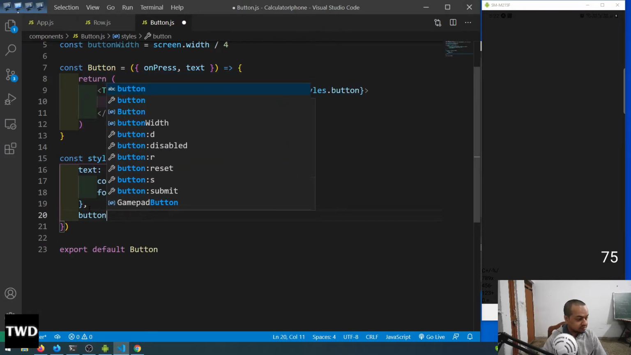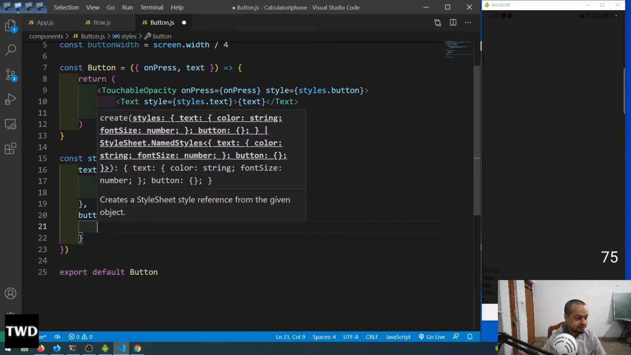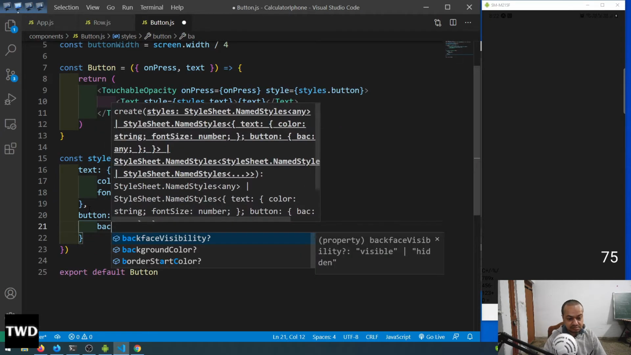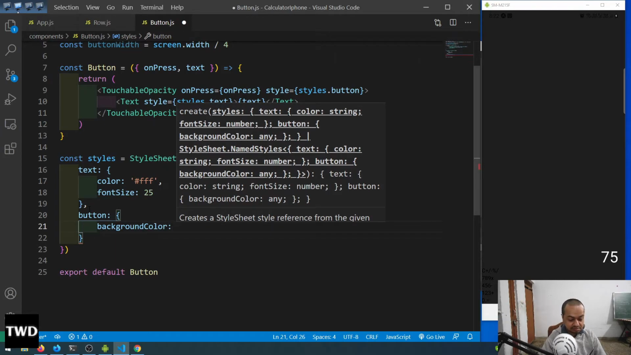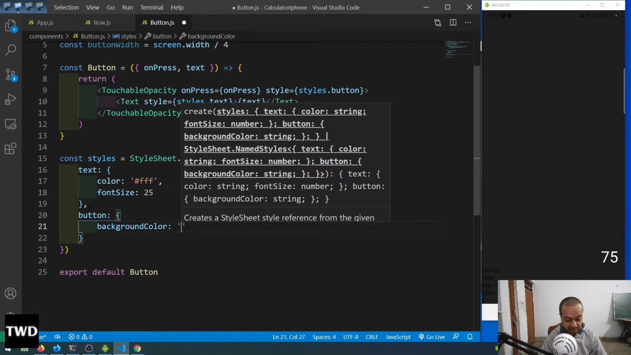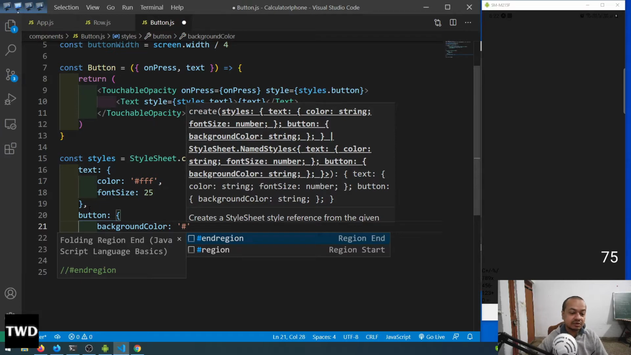Button is background color is, see, and background color have to most of the thing have to go in string when we are doing this type of styling. So this is in React also, it is like that. If you do inline styling like this,